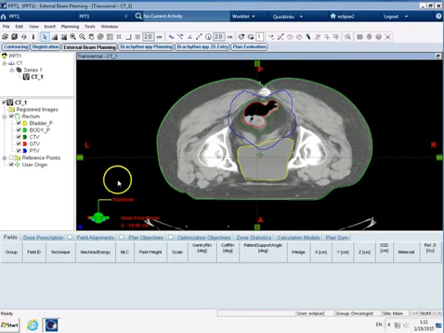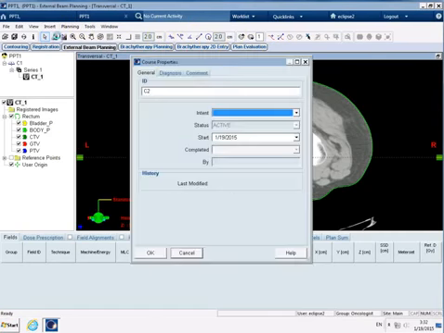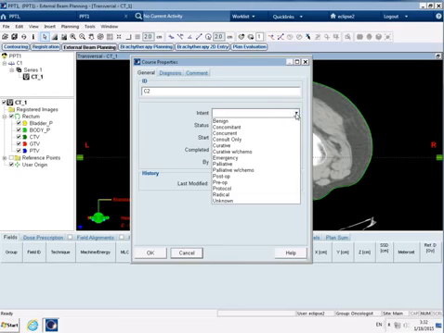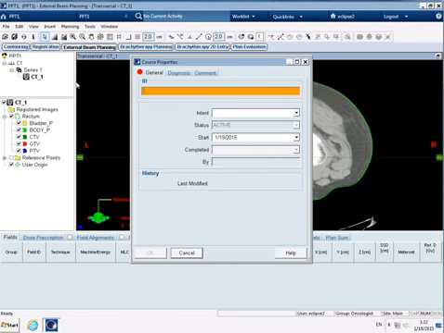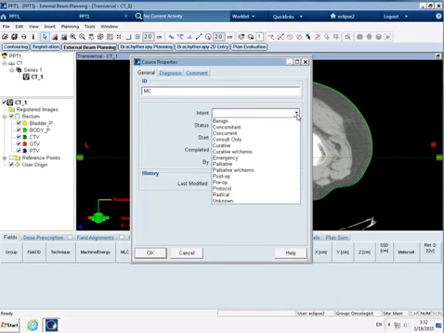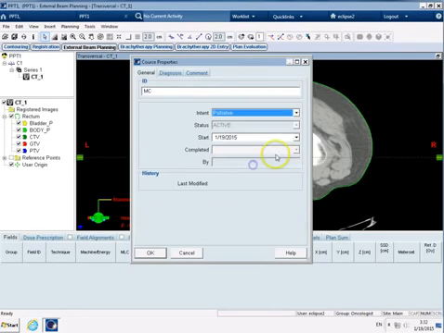So the first thing we're going to do is put a new course of treatment into this patient's file. So we're going to go insert new course, and anything that's either got yellow or blue in it means that we have to fill it out. Okay, so in here it's probably a good idea to put your name in or something that you would recognise, so when you open the patient you know that it's you. So I'm going to put my initials, and this patient is having a palliative treatment,